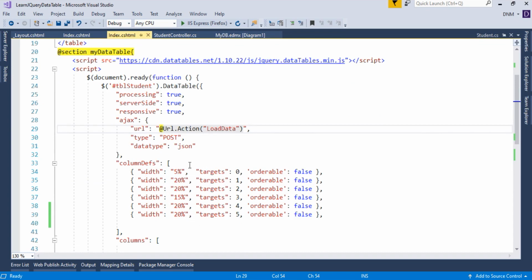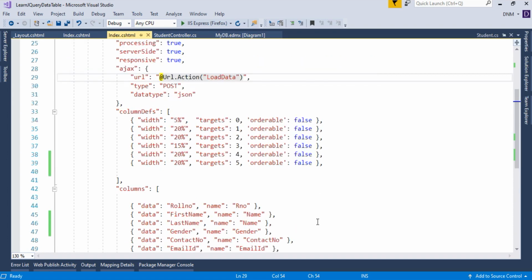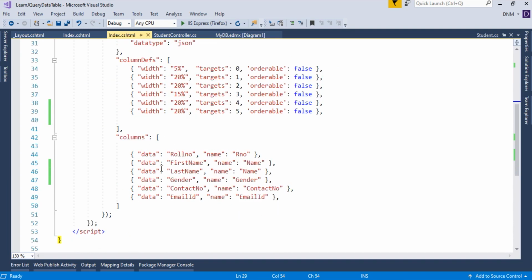This is nothing but column configuration, meaning how the width will be. Basically, which column you are targeting, which starts from 0. Since I didn't implement the ordering or sorting part, I set this orderable attribute to false. Then here we bind our JSON data to the data table.